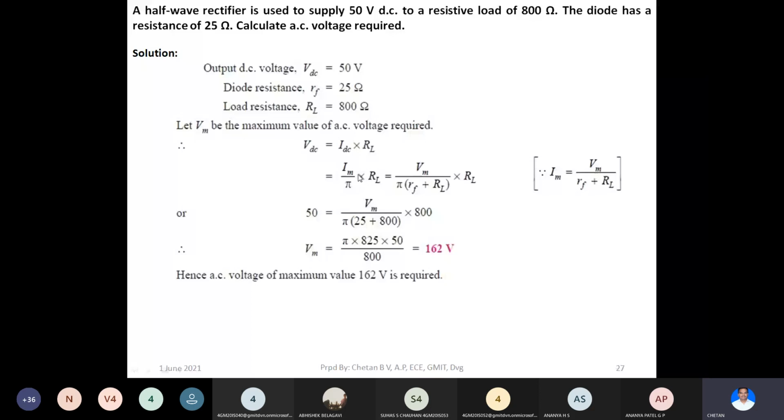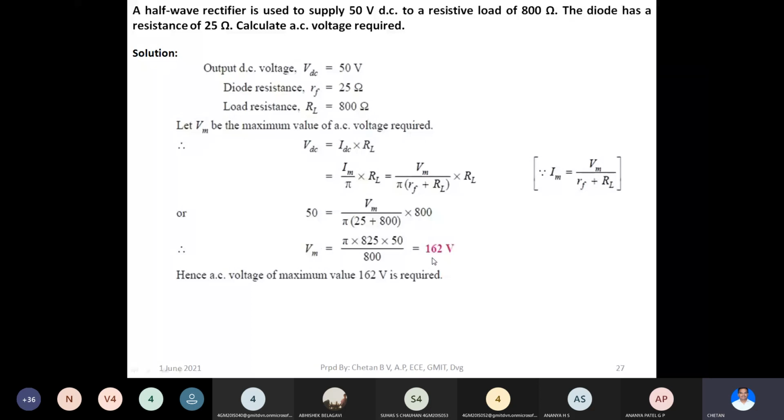But in this case, as you have a finite value of RF, you have to take care of RF also. Therefore, Im will be Vm divided by RF plus RL. So substitute this Im as Vm by RF plus RL into pi, into RL. This is the RL here, right? You substitute the given values and perform cross multiplication and simplification. You will get the value for Vm